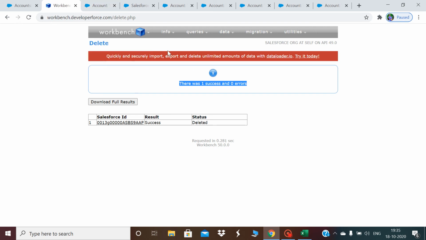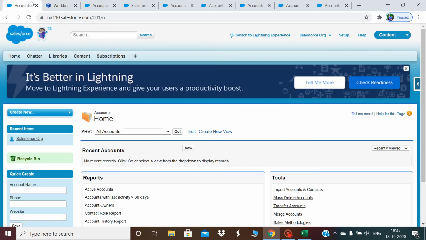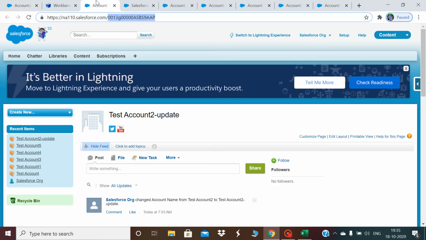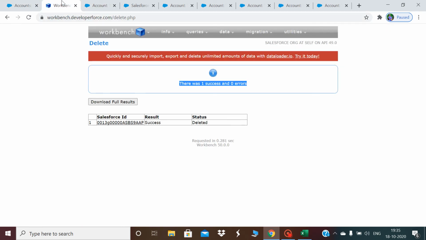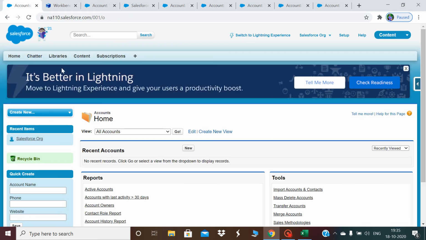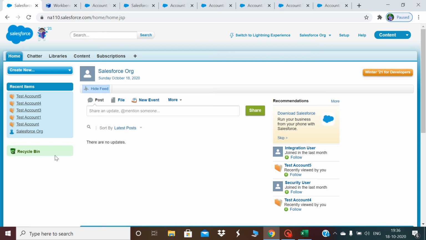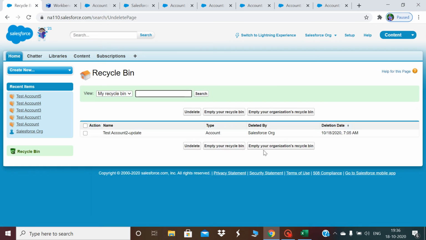Let's say now I want to see where these deleted records are present in the system, because we have just deleted, right? We haven't purged this. Until we purge the data, the data will still be present in the recycle bin. If you want to see where the data is, you have to go to the Home tab and use Salesforce Classic for this. And you will see on the left hand side, this is the recycle bin. If you click on the recycle bin,